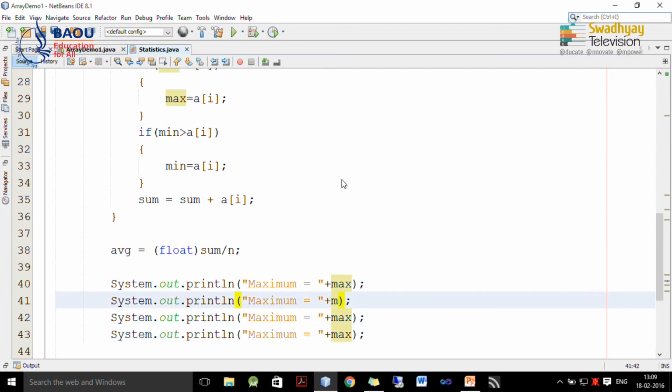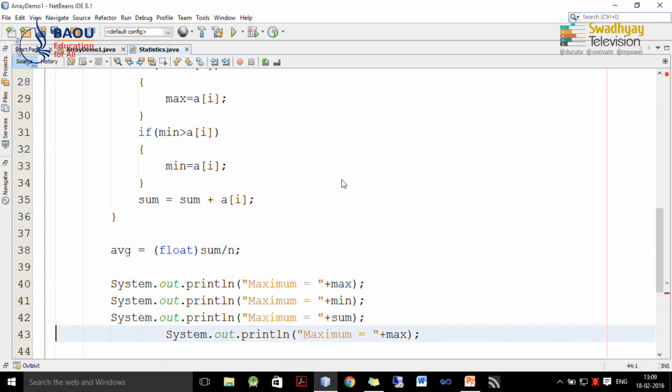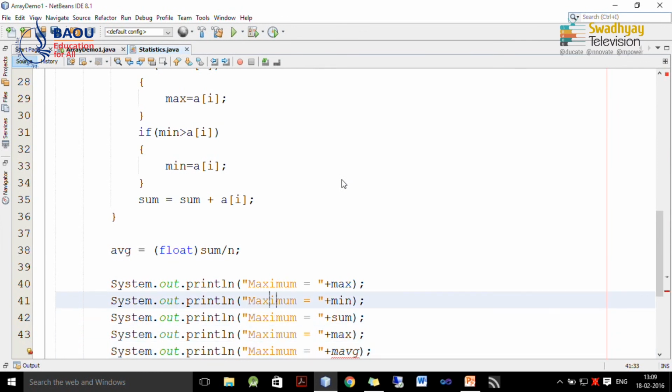So, here I write down min, here I write down sum, here I write down average, and before that we write down the number of elements, which is represented by n. So, maximum, then minimum, sum, n, which is the number of elements, and average.